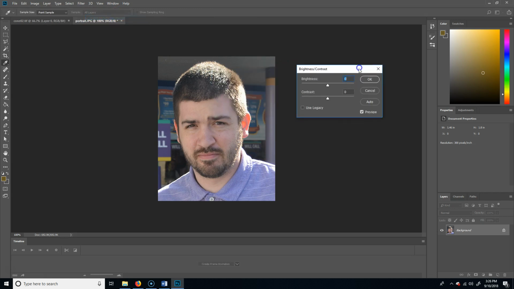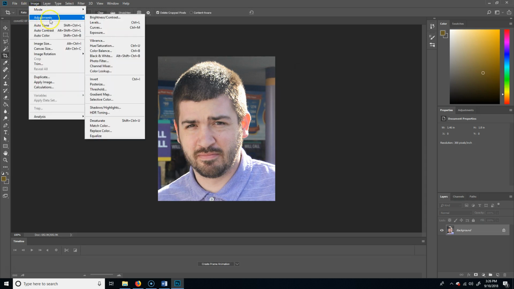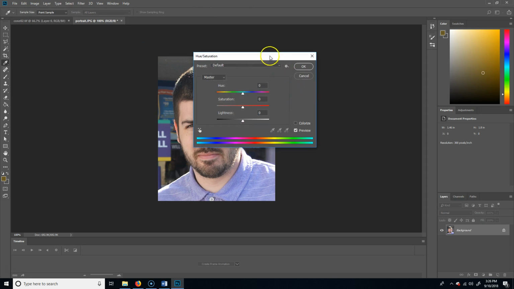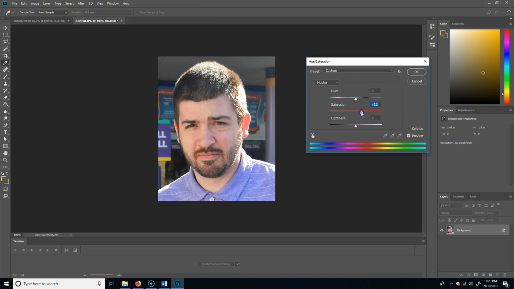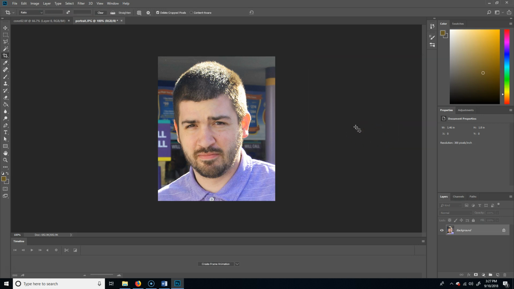So I'll take the brightness contrast, and let's say we just make a little more contrast here, and we'll just take bright and make it a little more bright, and yay. And then I'll do another image adjustment, and then I'm going to do hue saturation, and I can saturate the picture a little bit more and push the hue a little bit into a different direction. If I decide that it's a little too pink, I'm going to go that way a little bit, maybe saturate a touch more. And then also light to darkness, and hit OK. And if I was happy with that,